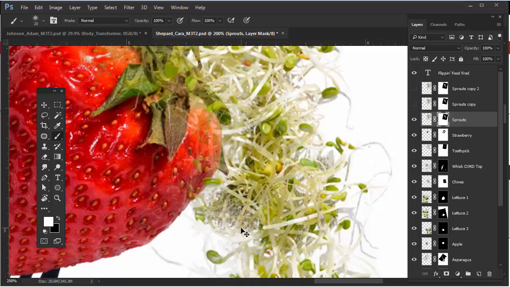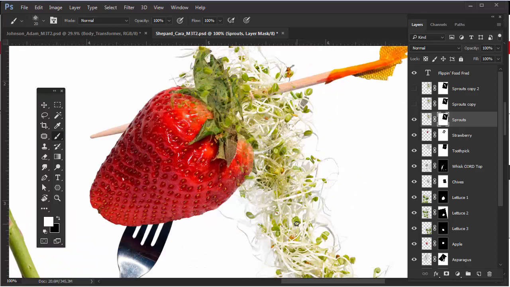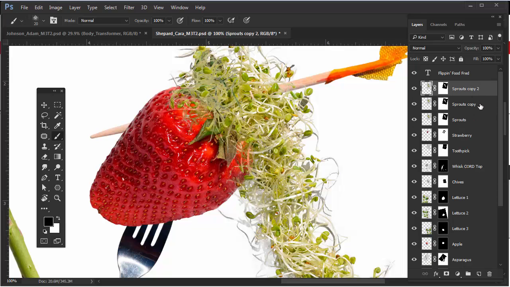All right, so I'm going back by hitting Control Alt Z repeatedly. Okay, so it's kind of a happy medium that you have to get here. Duplicating it certainly did help, but you have to find out where this all works for you. So what you could do is take these three, as I said, duplicate them, and then merge them all together. So if I select this top one and then hit Control E,